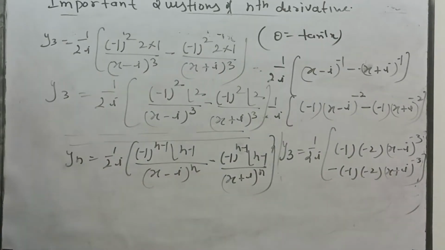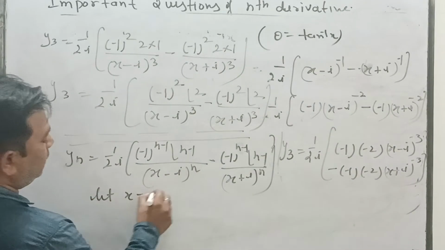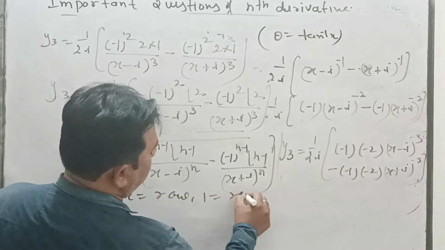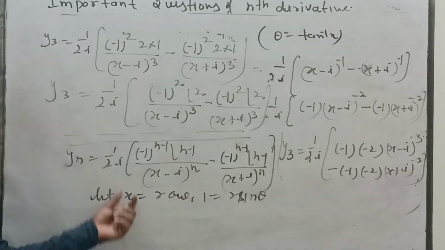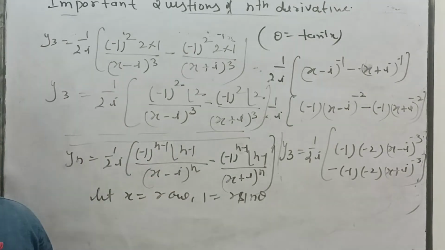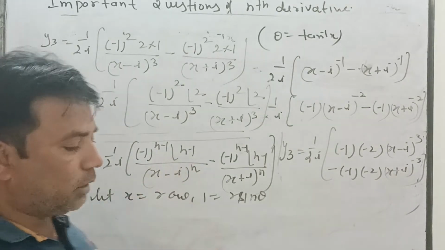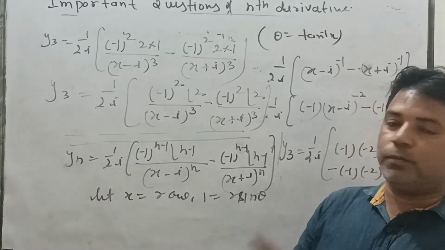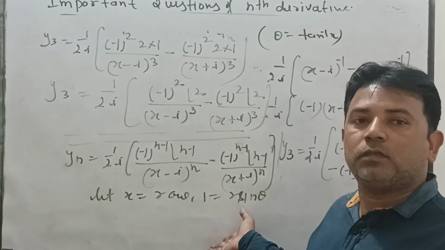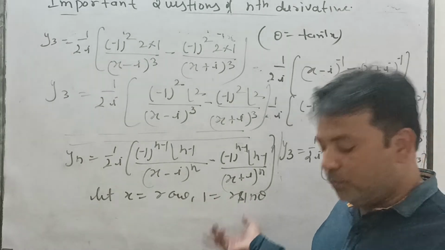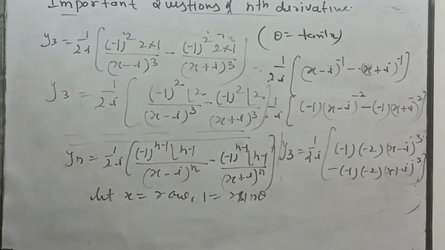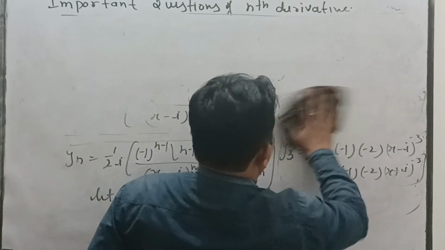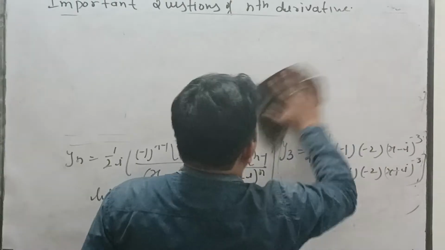Now we change this. Let x equal r cos theta and the coefficient of i, 1, equal r sin theta. We are putting this in place. It is a similar question, the same one we discussed in the previous video, so see the previous video and then solve this yourself. Now we discuss the next step. Understand all of you, and if you have any doubt, ask.